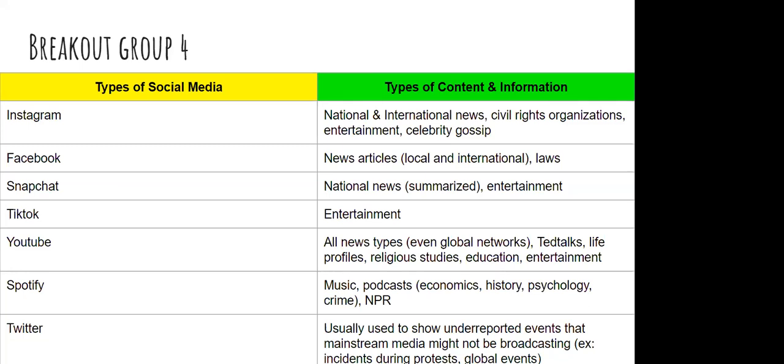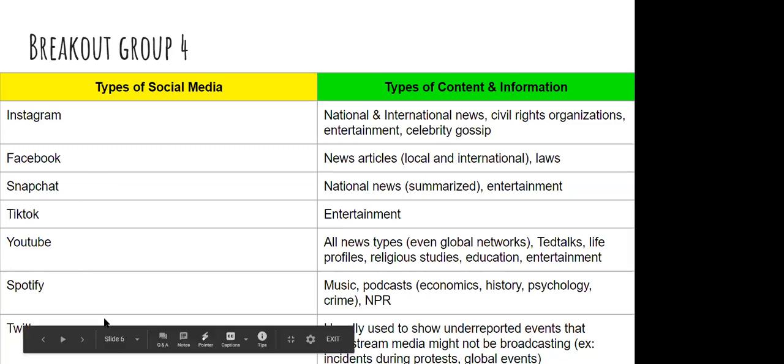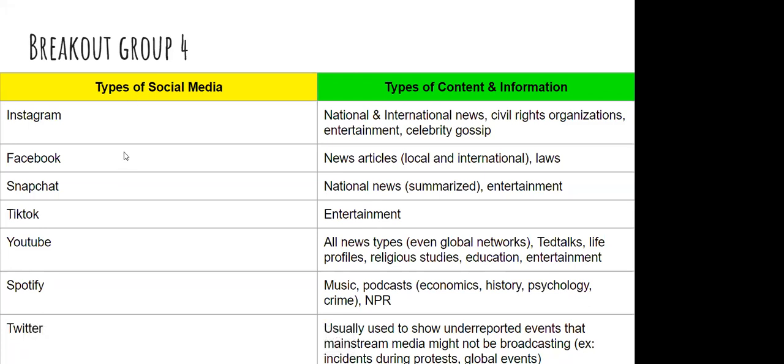Spotify is where most of us get our music and podcasts relating to a broad range of topics, and I guess NPR falls under that. And then Twitter is for entertainment and celebrity gossip, but it's also where we found underreported events like stuff at the protest, or the Muslim camps in China, which mainstream news typically doesn't catch up on.